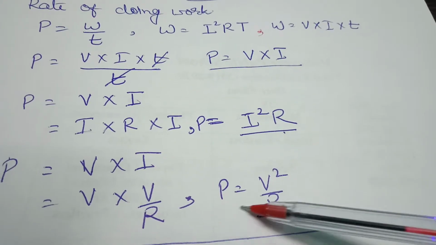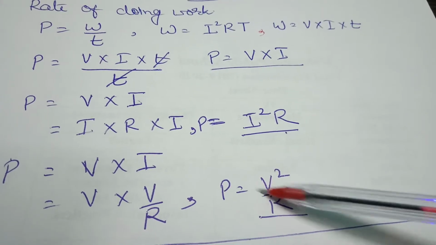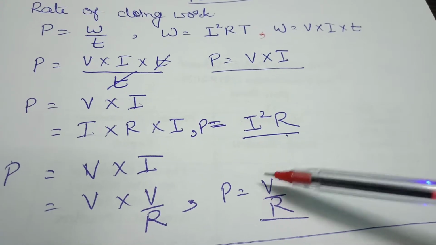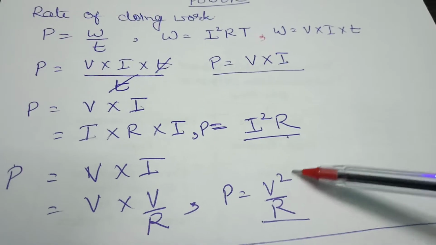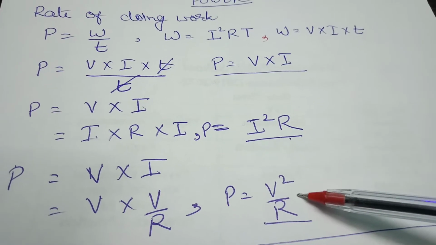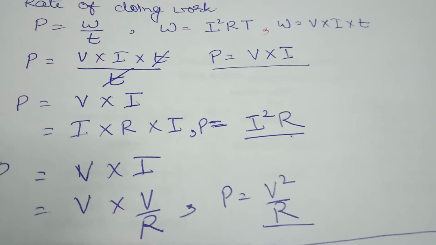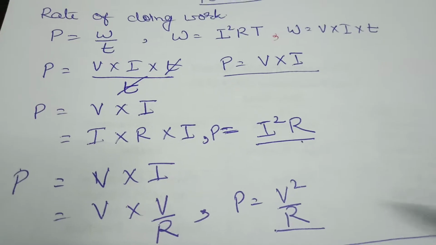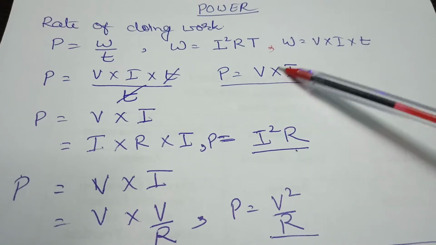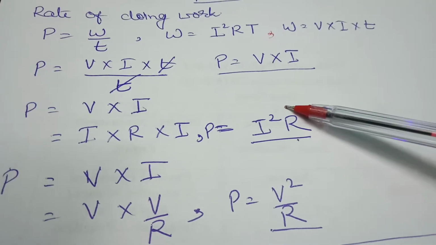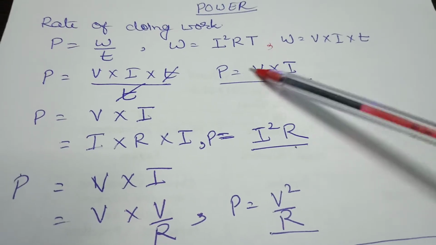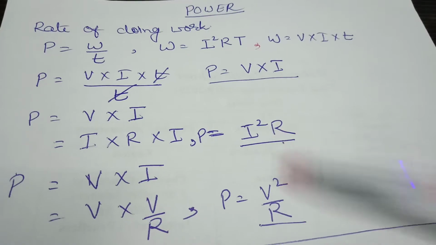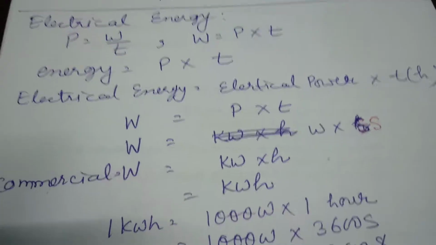Similarly, if we see this formula, P equal to V square upon R, here P is inversely proportional to the resistance, but the thing is the same. Here we can say V is constant, because we know this formula is applicable only when the resistors are in a parallel condition. So when the resistors are in parallel, we can write P equal to V square upon R. So that is the significance of this. We will do some numericals later on, and this is the normal formula, that P depends on V and I, but this is why we use the others in a series or in a parallel condition.